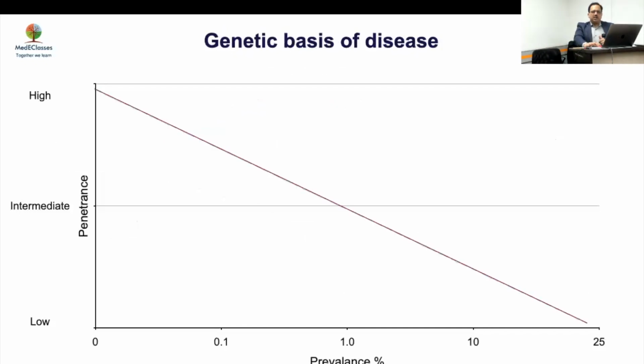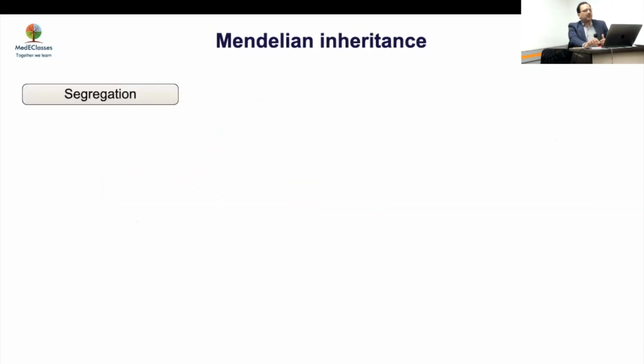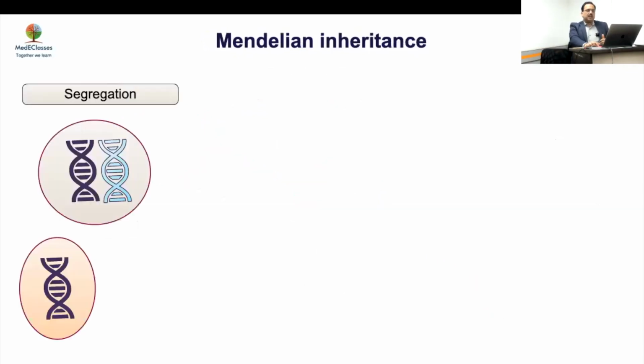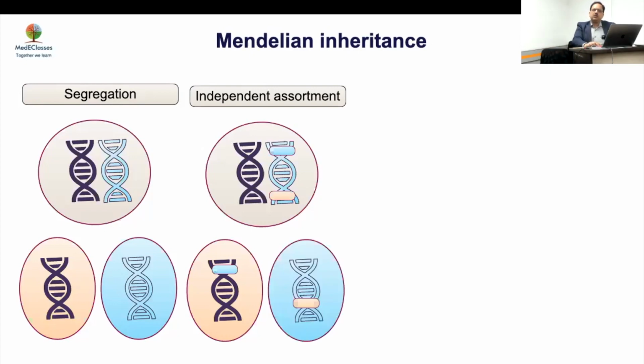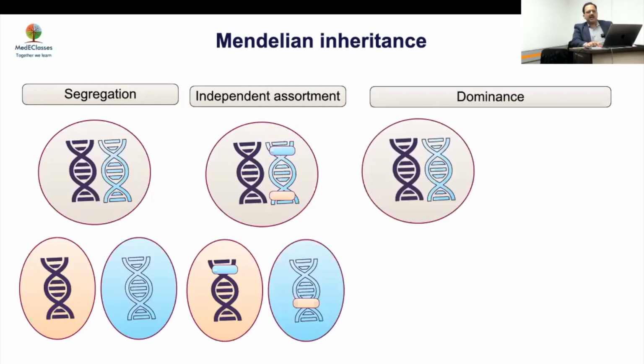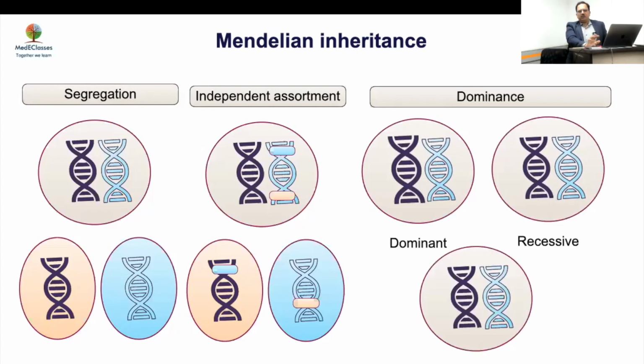So if you talk about diseases, the more common they become, the more likely that they are not a primary Mendelian disease. It will be rare with high penetrance is Mendelian, common with less penetrance are complex traits. So now Mendelian inheritance, as we said, is segregation. Genes go separately from father and mother. They then are assorted separately. So 2 different genes will go one way, the other. And then you will either have a dominant form, a recessive form or a codominant form, which we all know from our genetics earlier.